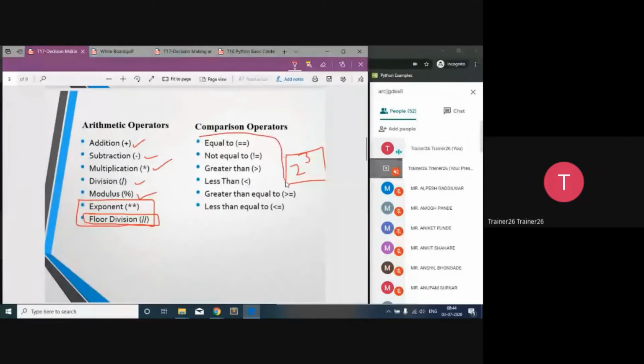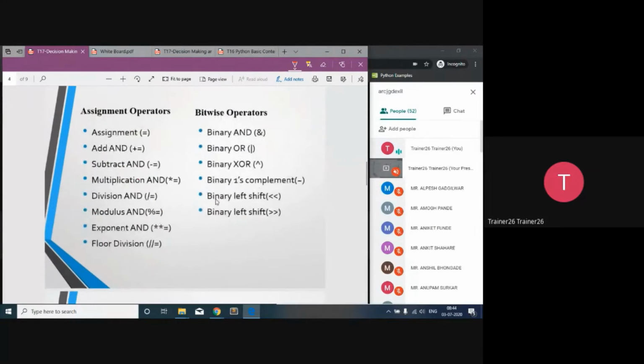And as we know, in the comparison operator, we are already aware of these operators, not equals to, greater than, less than. So we'll not focus much on these operators. Then after that, the assignment operator, equals to, then add and, then subtract and, these kinds of operators. So exponential, these we already studied. Then binary operators we also studied, that is left shift and right shift. We know how to calculate the ones complement, which is available with the tilde. Then the XOR operation is available with the upper arrow, and after that OR and AND are available.